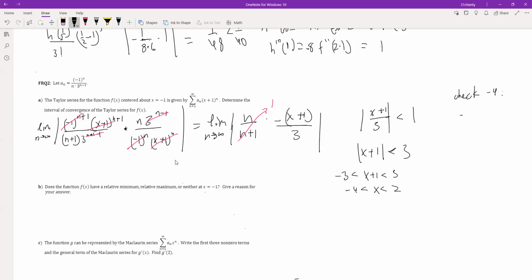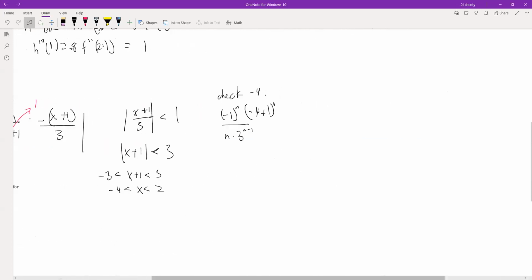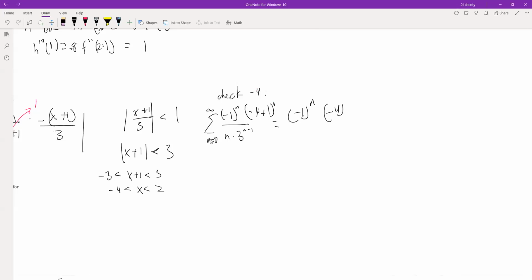So negative 1 to the n over n times 3 to the n minus 1, and then negative 4 plus 1 to the n. Okay. So, does this series converge? Well, let's simplify this, and we get negative 1 to the n, negative 3 to the n, over n times 3 to the n minus 1,